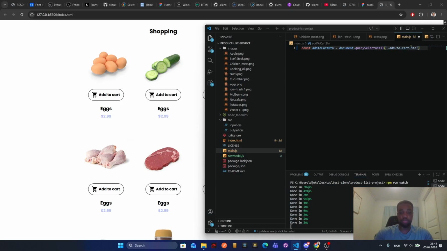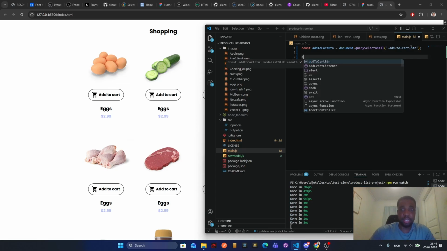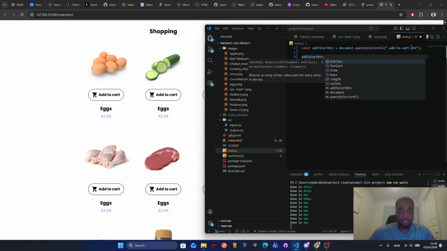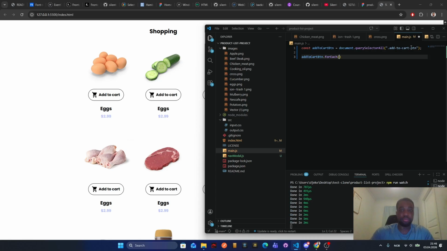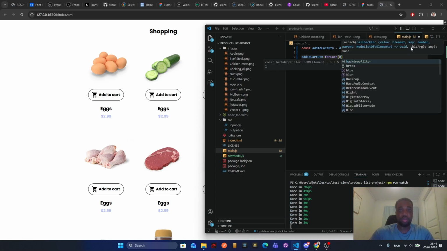Button. So now we need to loop, right? Because yeah, let's just test. How do I loop? For each button,